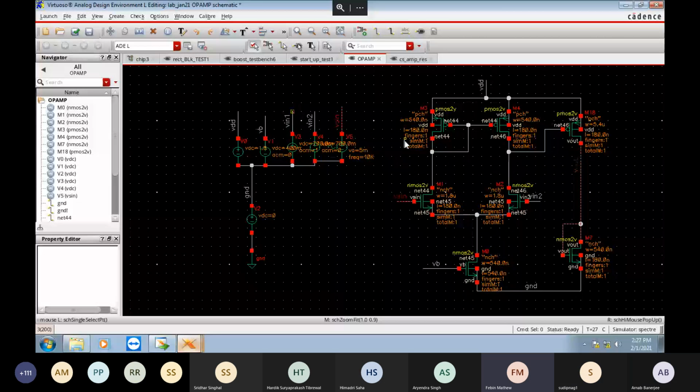So why is there a 0 voltage source between GND and actual ground? This is just because I'm keeping an alias. So this is my ground, alias ground. I'm just keeping it at 0 volt. I cannot connect any wire directly to this ground symbol. It will give you an error. So you have to keep a DC source, a 0 volt DC source, which will act as your ground.